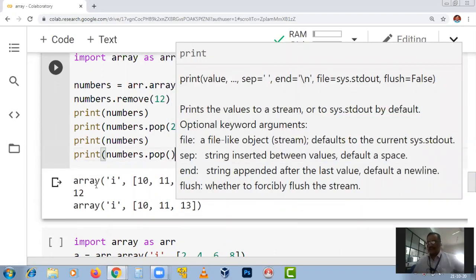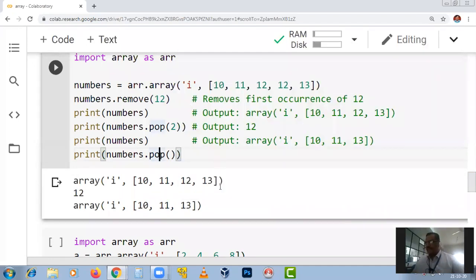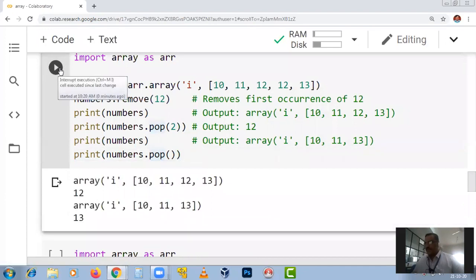When I give numbers dot pop, it automatically pops the last element. The end element is 13. 13 is removed.